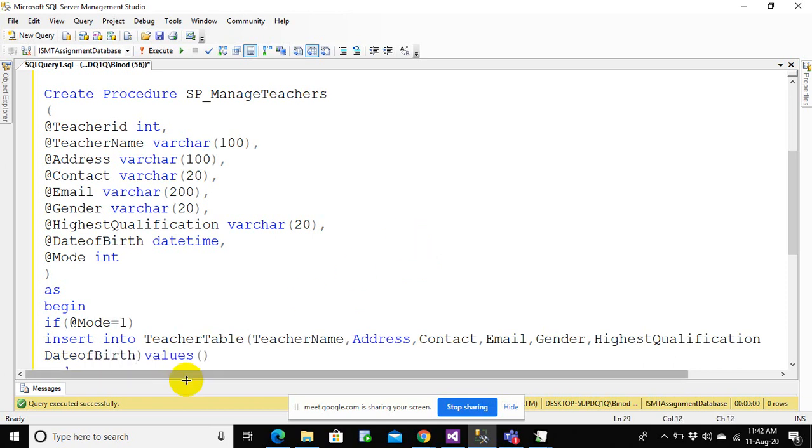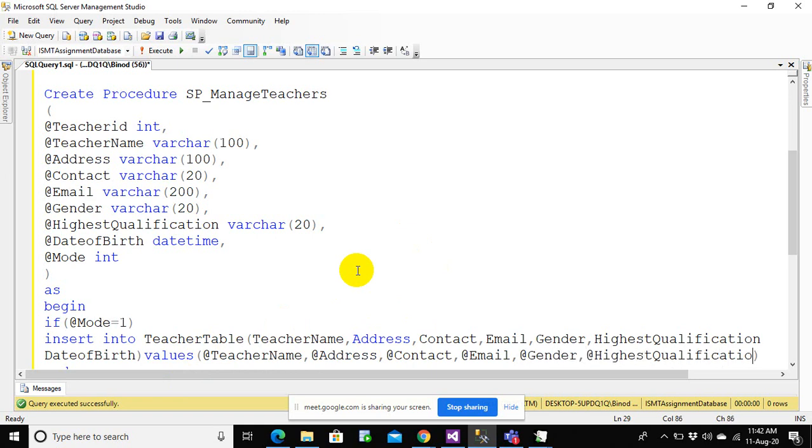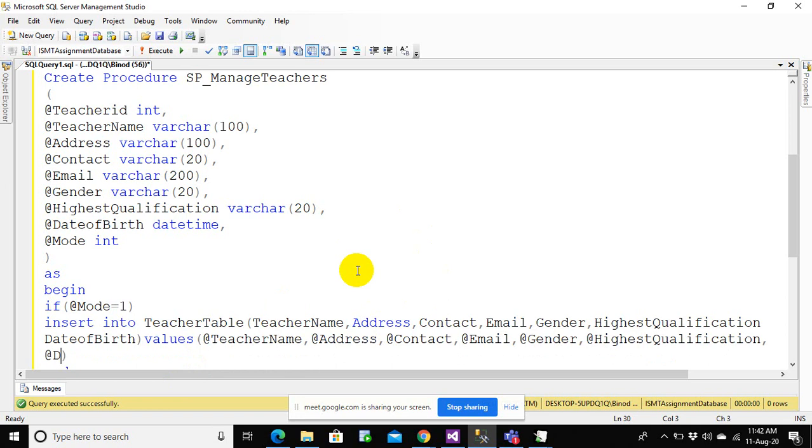The parameters should be @teacher name, @address, @contact, @email, @gender, @highest qualification, @date of birth. That's it for the insert operation.